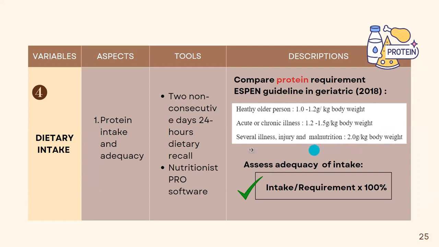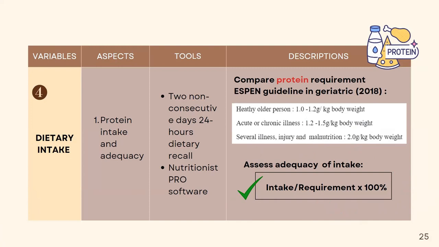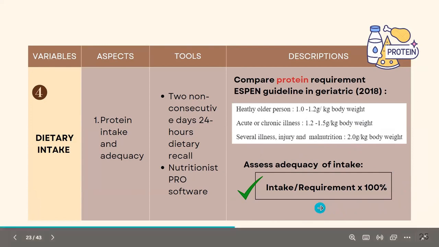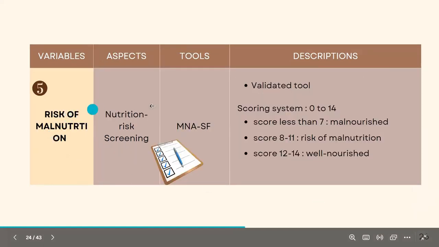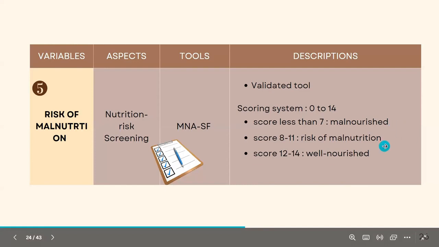After we got the intake and also the requirement, we assessed the adequacy of intake using this formula. An intake of energy and protein of more than 75%, we considered as adequate, and an intake of less than 75%, we considered as inadequate intake. For risk of malnutrition, we used the Mini Nutritional Assessment, and then we classified the scoring according to this classification of malnourished, risk of malnutrition,